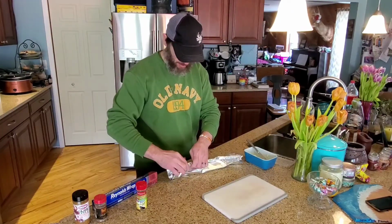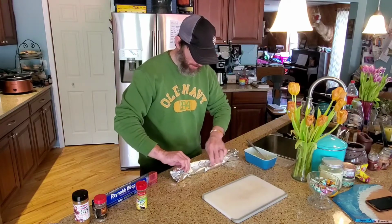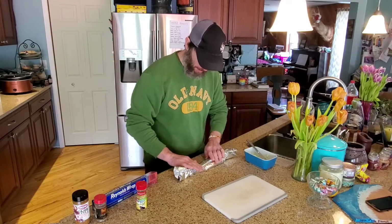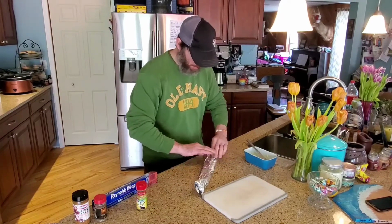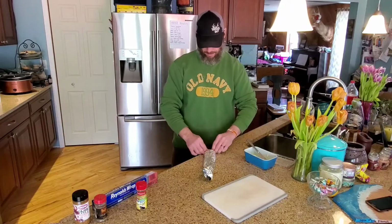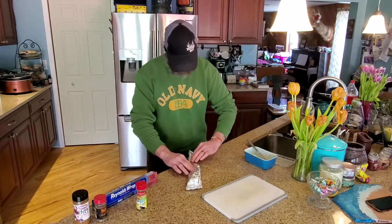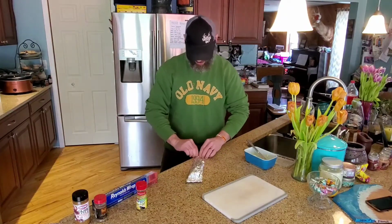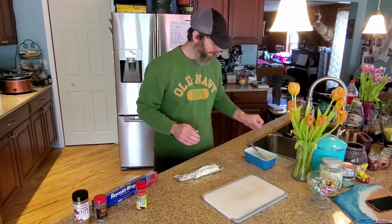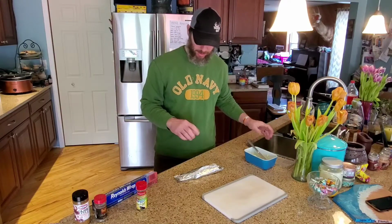And that's pretty much just going to make a steam area. That butter, the moistness of the fish, just going to steam everything up, right, like that. Then you can do the same thing with the ends. Wrap it, wrap it. There we go. Then we're going to go throw it on the grill and let that thing steam